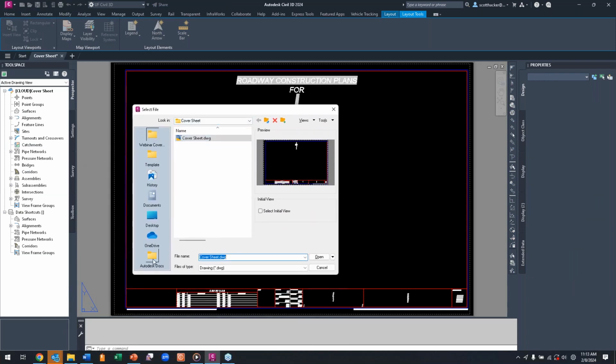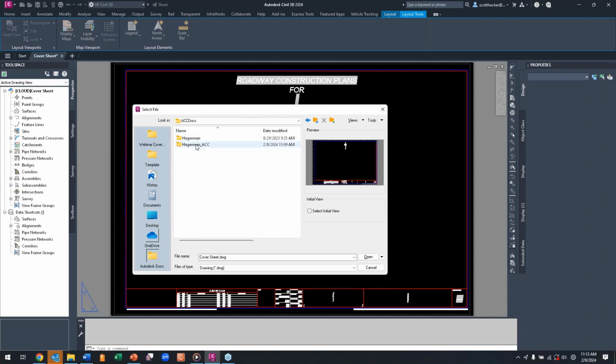You'll want to access Autodesk Docs. This is automatically placed in your places sidebar here. And then you'll want to go in and select the appropriate project, the project files. I've got DWGs in here,